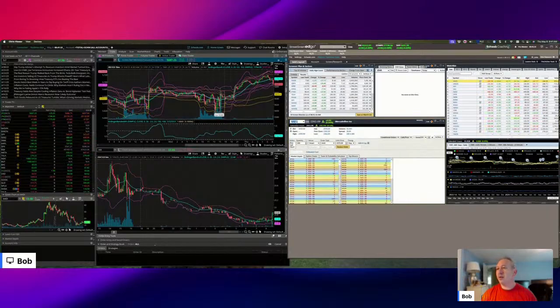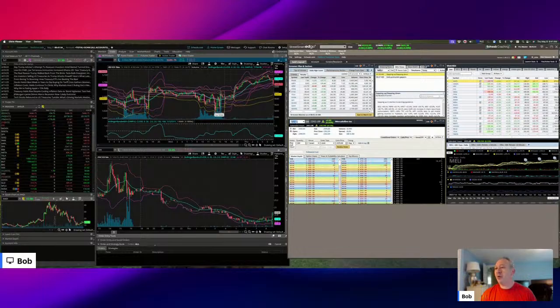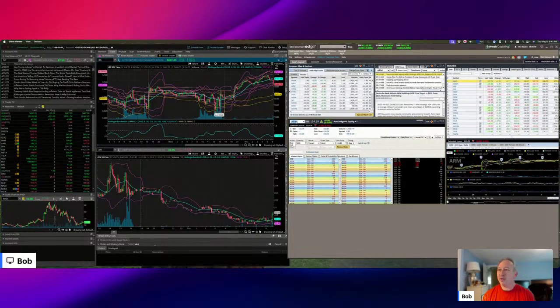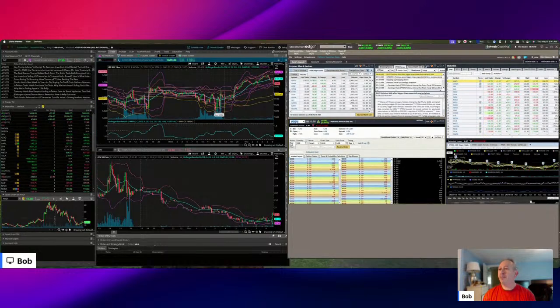MELI, that stock is up about 8%, $192. We had good earnings, but a poor response from the markets on ARM Holdings. Stock is down about 8% right now. This morning we had Peloton come out with earnings. Looks like they were good, but I think they guided their quarter a little bit lower, so they're down about